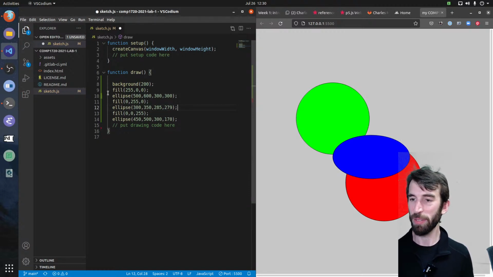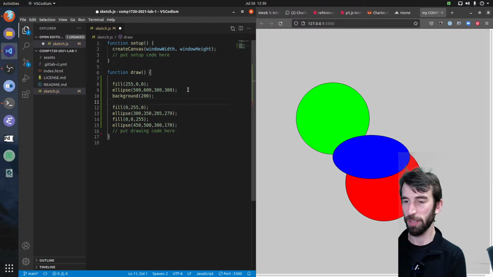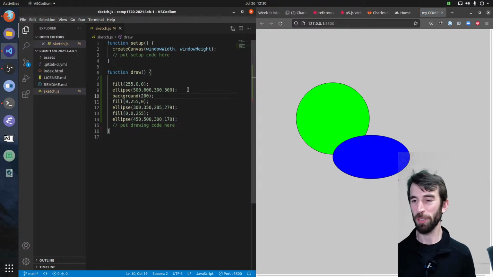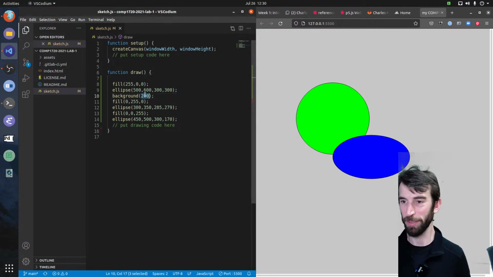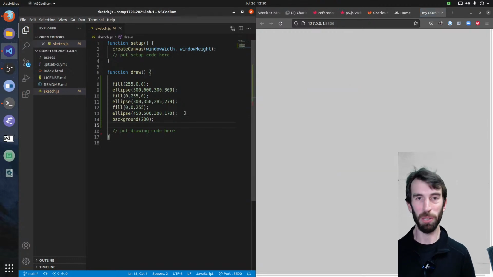Oh, Ali's got a very interesting question here. What if we put the background somewhere else? What if I put it after the first ellipse? What happens now? Our first circle will disappear. We've erased it from time. If I put the background at the end, all of my circles disappear.